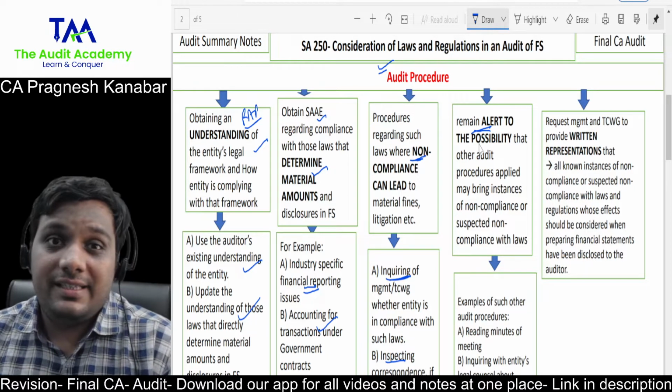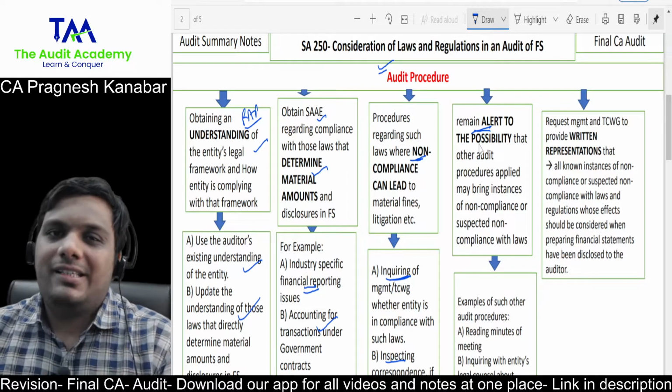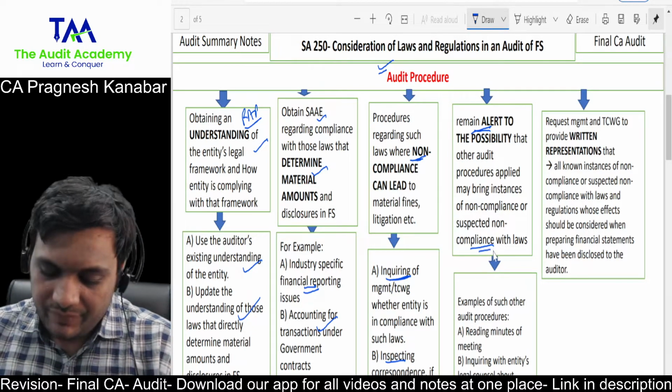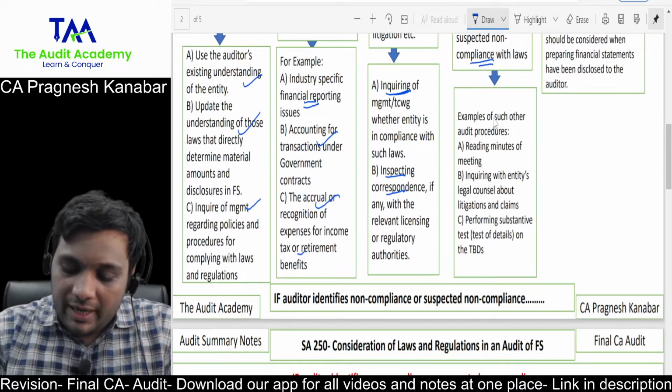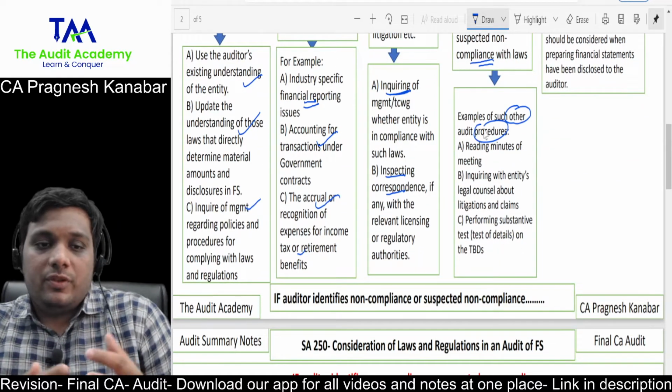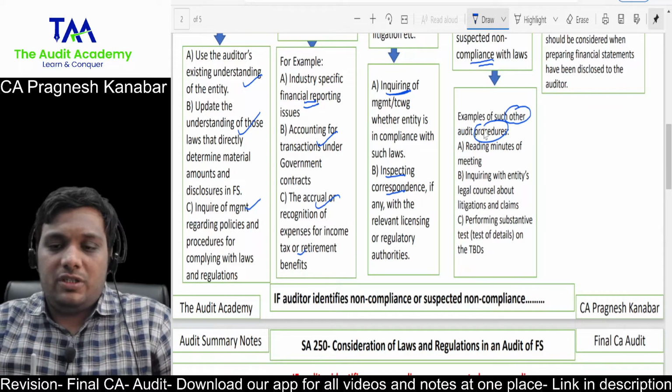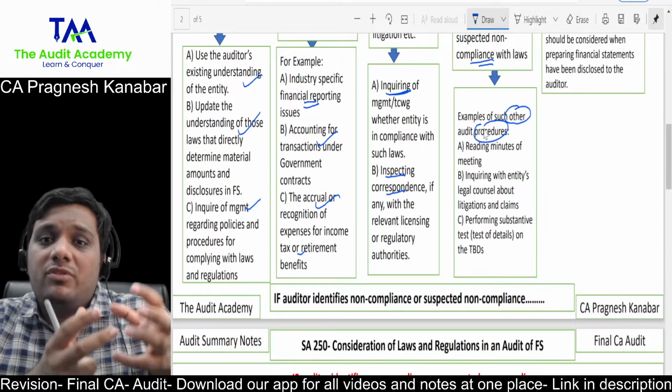Like for example, while verifying a sales invoice, my team may find out non-compliance with GST laws, correct? So they are asking you to remain alert, so that means maintain an attitude of professional skepticism. And what are those other procedures? That means you are not specifically performing procedures for SA 250, but you are performing some other procedures,